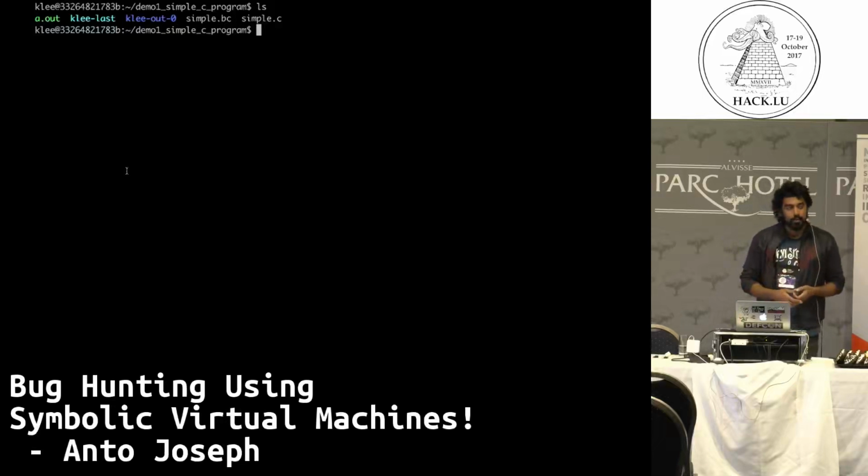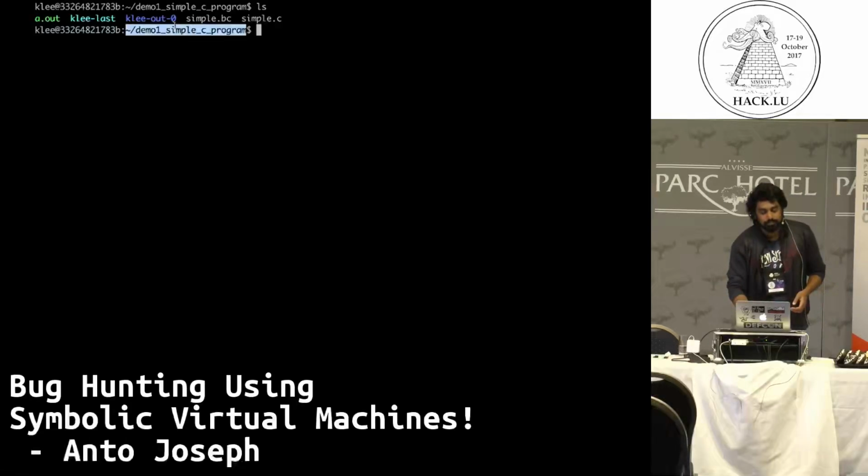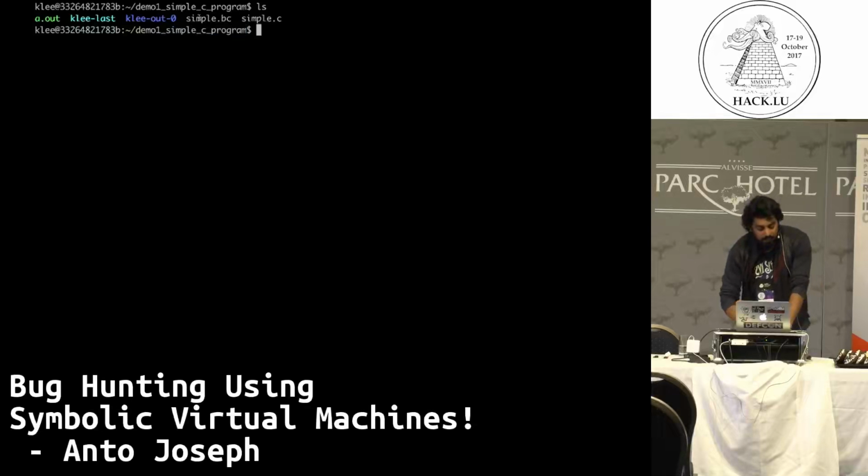Right now, I have the source code for the simple.c file, and I want to compile it with LLVM, and you can just get LLVM from any tool chains. You will end up with this particular file called symbol.bc, which is the bitcode file. It's not readable, it's just binary.